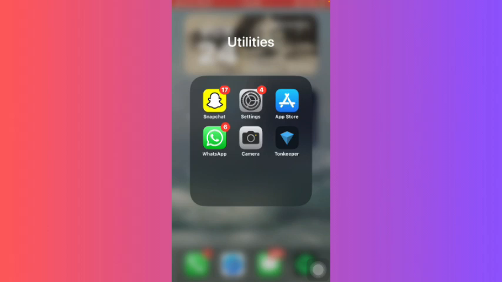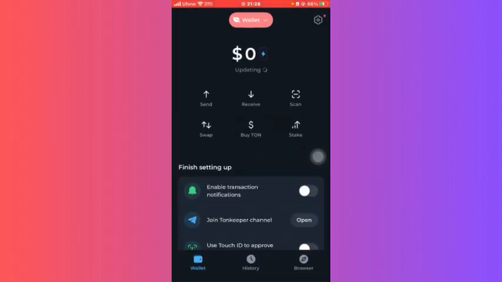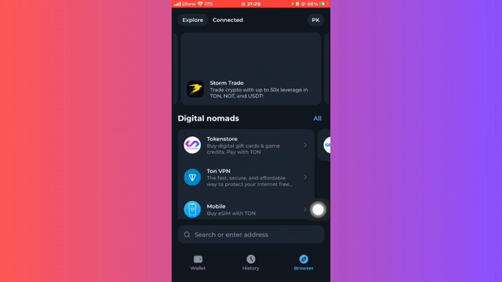So let's get started. First of all, you need to open the application of Tonkeeper. Just sign in if you have an account. If you don't, then you'll need to create an account first, and then you'll be redirected to the home page of Tonkeeper. So after that, you'll have to click on this browse option at the bottom right, and after that